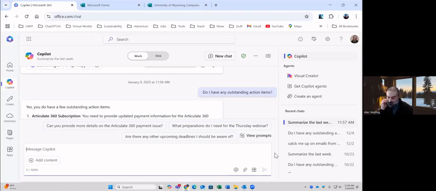The last thing I want to mention is the cool thing that's coming out, and I know you might have questions I might need to stick on. There's something called AI agents. AI agents are the new thing. AI agents are a way to take this to the next level of automation, and there are pre-created agents, and there's something called Copilot Studio where you get to build your own custom agents, and they're creating an automation to automate a process, but they take it the next step because it's AI.